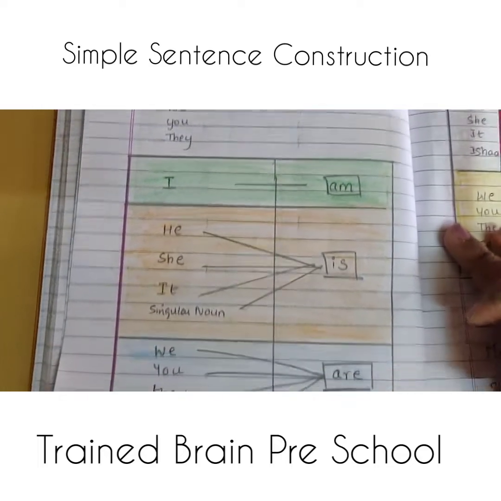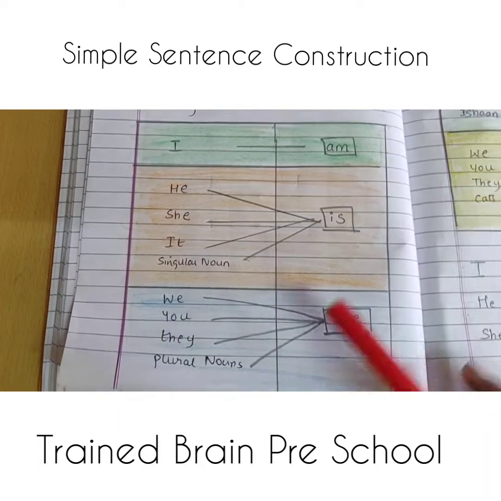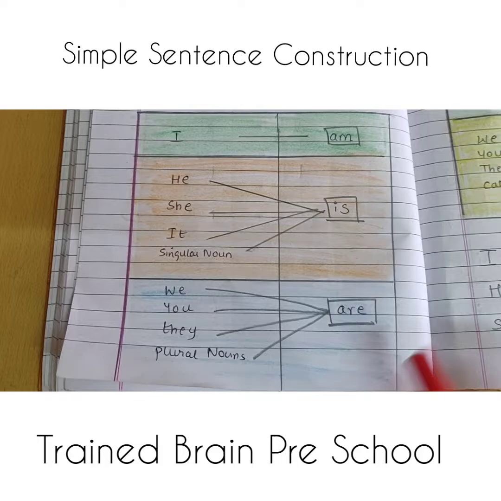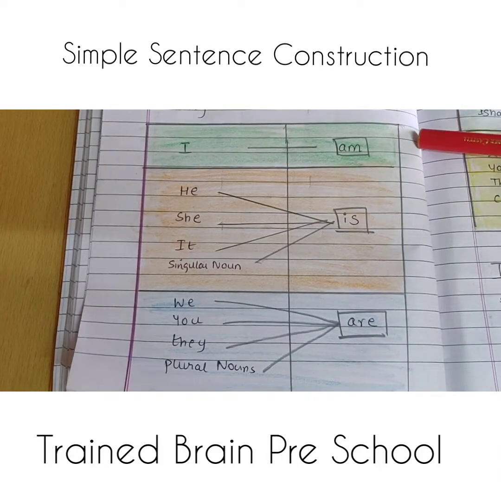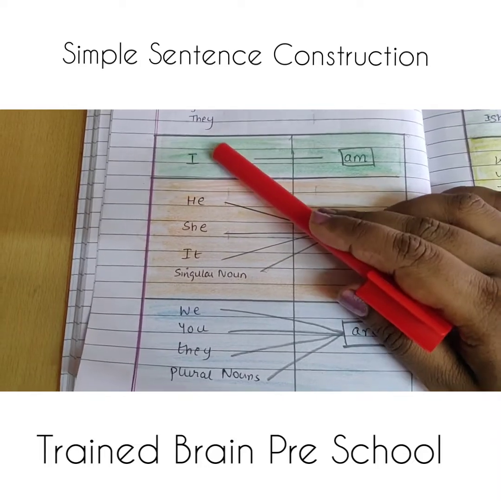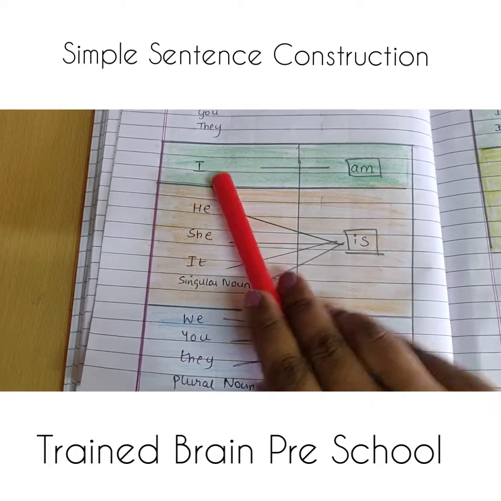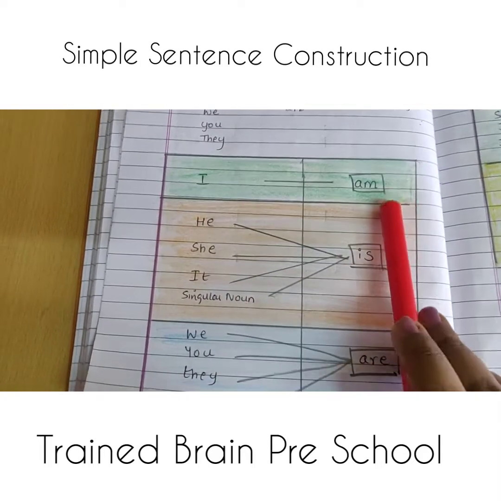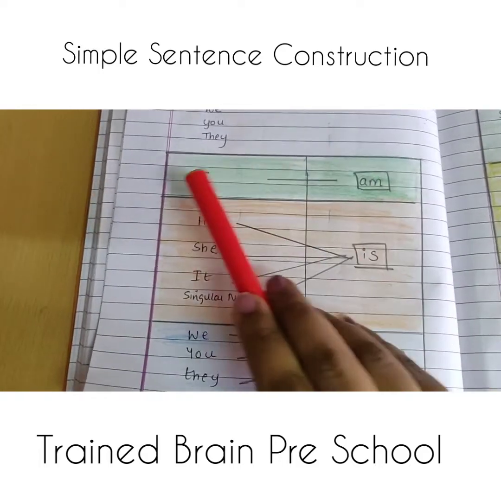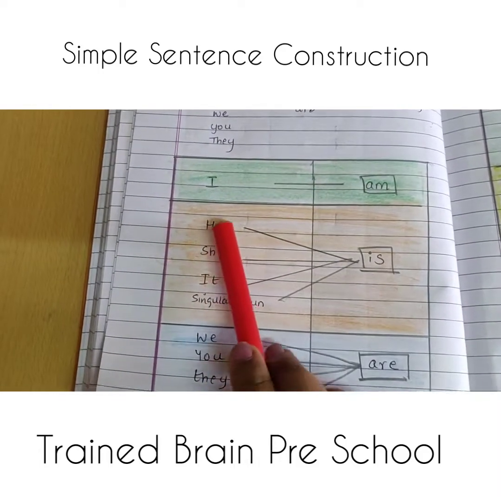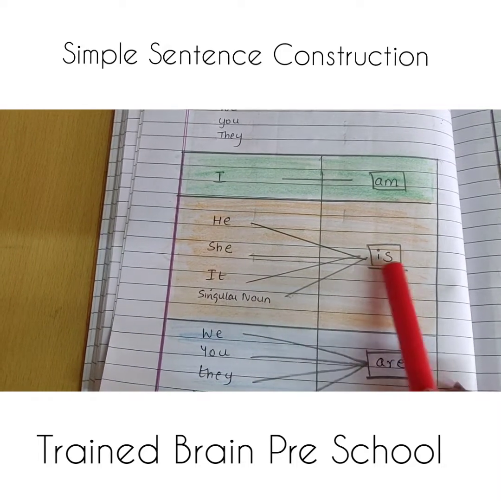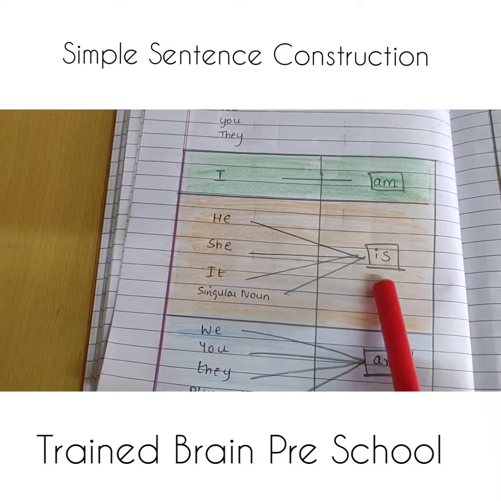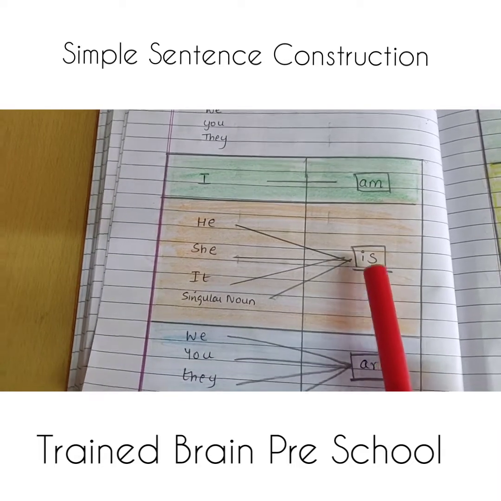Now what is more important is that it becomes easier for a child if we could tabulate it, or write it in bigger fonts. Whenever we have anything which is representing with I, we need to always use the linking verb as am. So I am. Then for he, she, it and any singular noun, we need to use the next linking word as is.